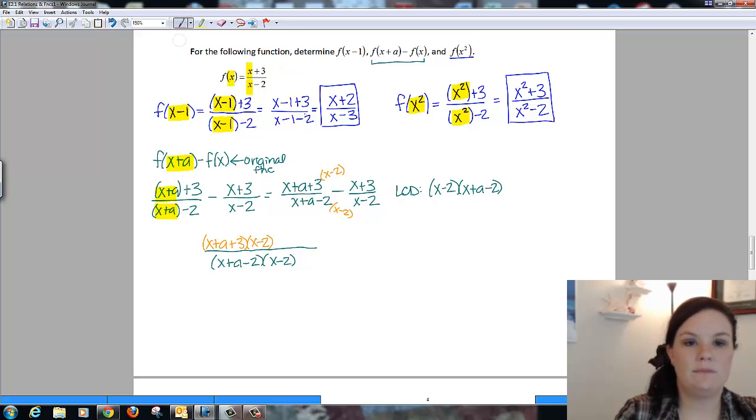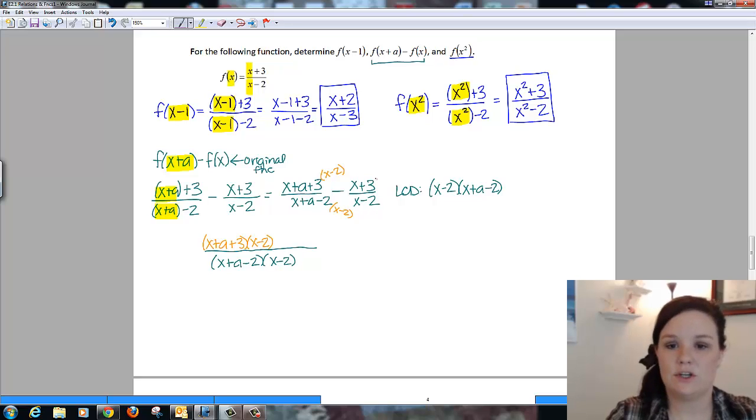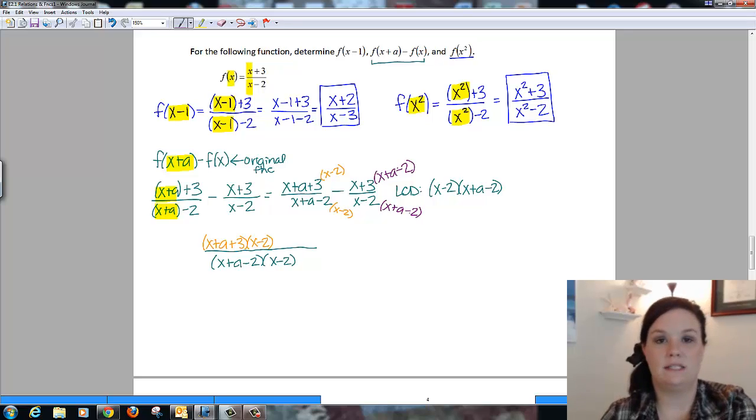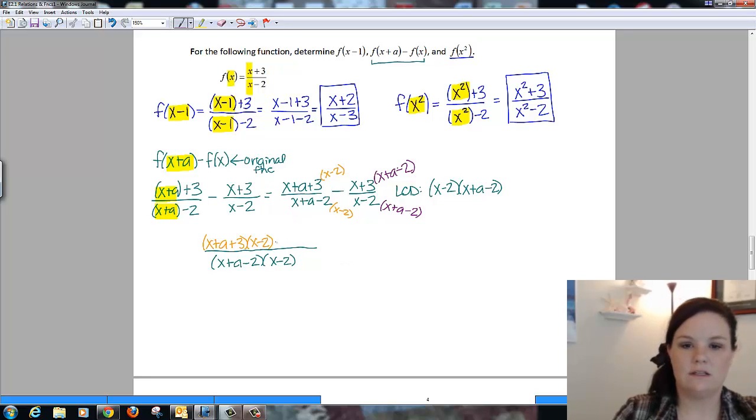Now I want to do the same thing on the second one. The second term is missing the denominator x plus a minus 2. So I would multiply on top and bottom by x plus a minus 2, just like we do with regular fractions. So I end up with minus,